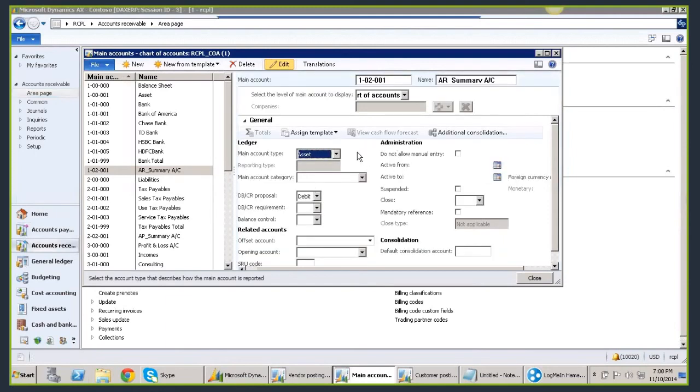Just see, I am not going to check this one, do not allow manual entry. Then let's see what impact we are going to have.